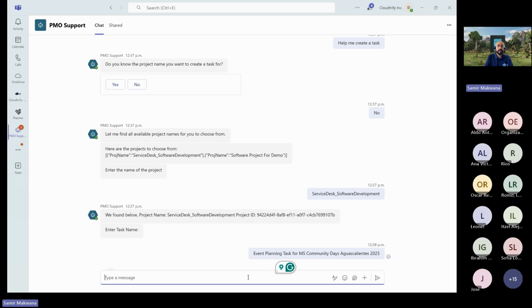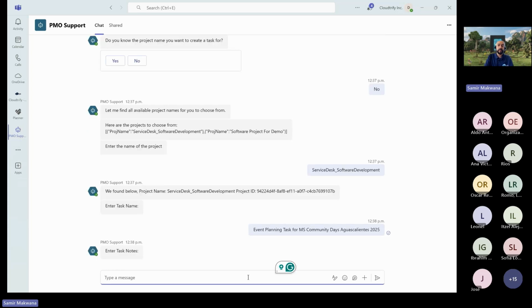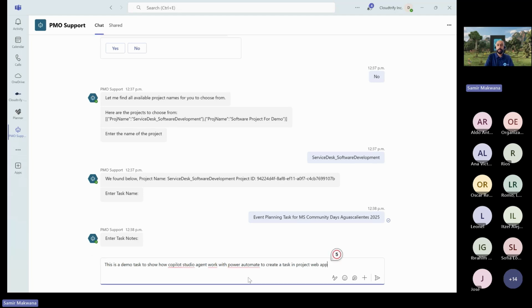And it's going to ask me for the notes, what I want to use it for. This is a demo task to show how Copilot Studio Agent works with Power Automate to create a task in Project Web App.